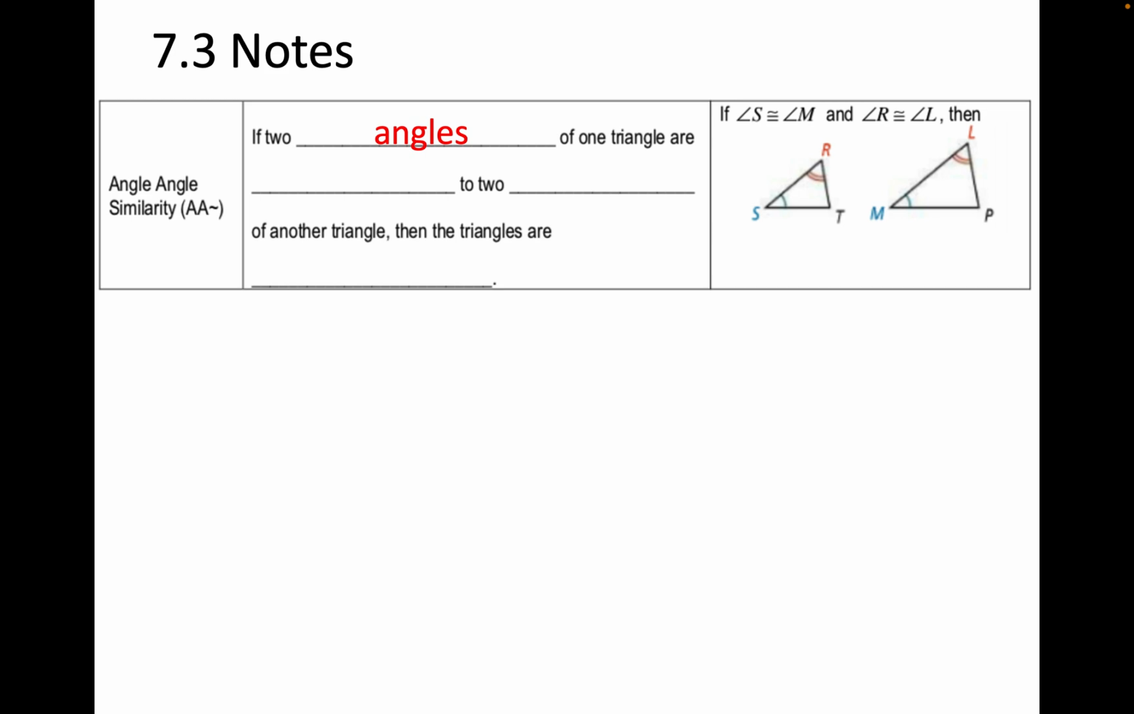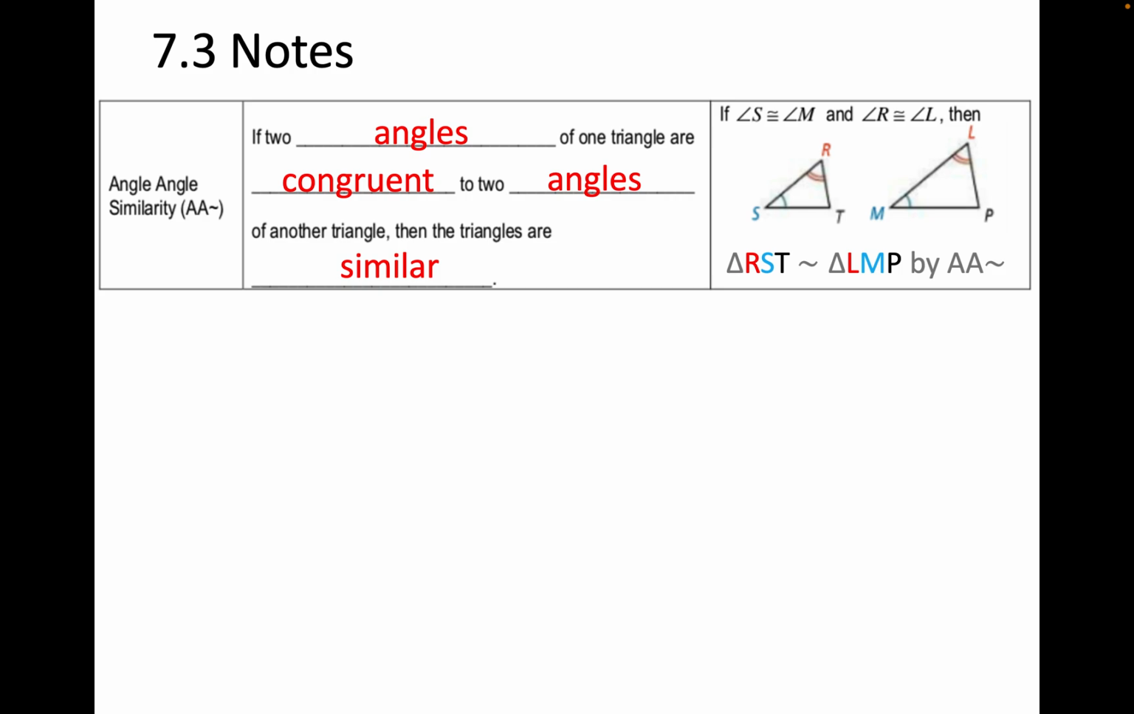So if two angles in one triangle are congruent to two angles of another triangle, then the triangles are similar. So we see over here that angle S and angle M, the ones in blue, are congruent, and angle R and angle L, the ones in red with double arcs, are congruent. If that's the case, then we see that these two triangles are similar, and we'd say that they're similar because